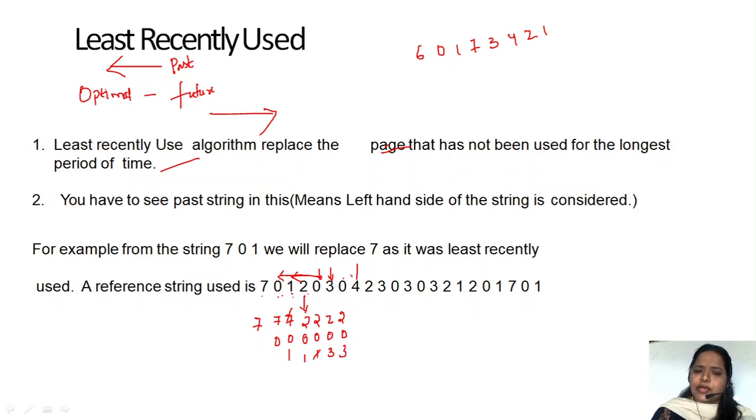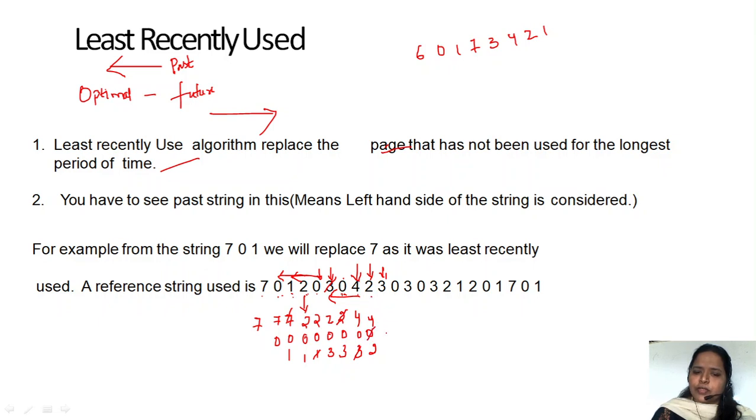And next we have to insert this 4th page, so 0 3 2. 0 we have used just now, 3 before that, and 2 we have used at the last, so 2 is going to be replaced with 4: 4 0 3. Now again we have to insert 2, 4 0 3. So 3 places only we have to check, so in the third place we have to make it 4. And now we have to insert 3. 3 is not there, so 2 4 0.